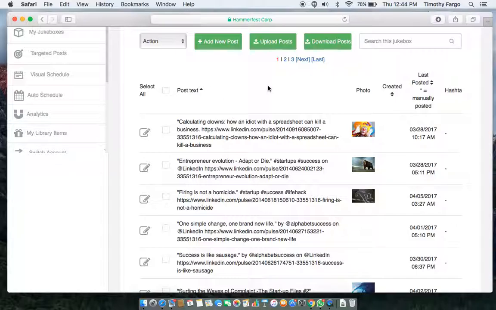The other thing I'll throw in here as a bonus assignment is to research some hashtags that would be relevant for your industry, right? So if you want to help people with startups, you could use hashtag startups, or if you do podcasts, you could use hashtag podcasts, so that you can include those, in particular on Facebook and Twitter. Hashtags are a relevant way that people will search for content.